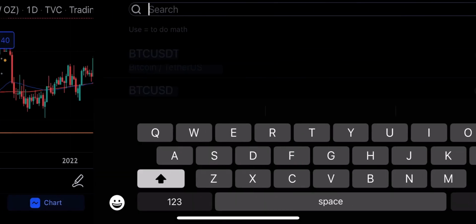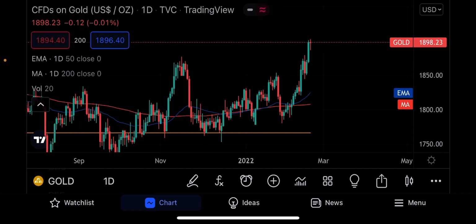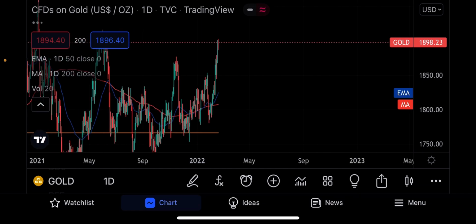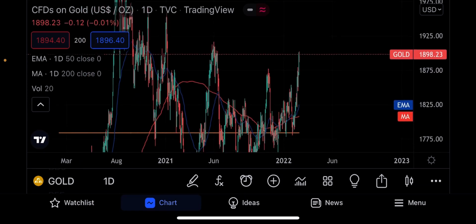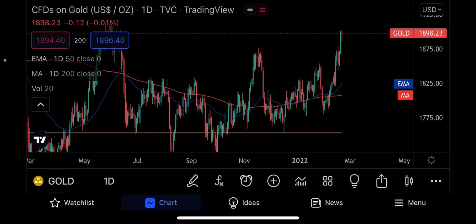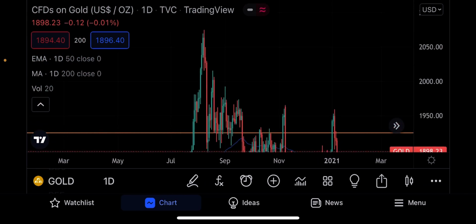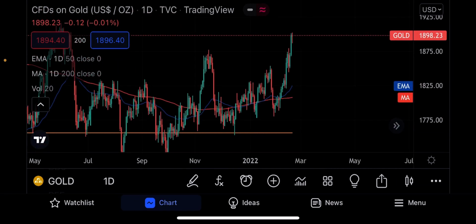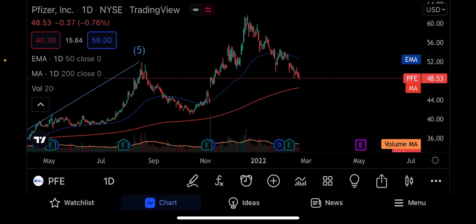Anything else that we want to take a look at? Look at gold. Wow, gold is certainly on a move up. Let's take a look at gold from a longer point of view. I mean, gold has certainly been higher, but people who have gold are happy. Peter Schiff and all those people who've been talking about gold since those days are now saying, see, I told you so. Yeah, right.